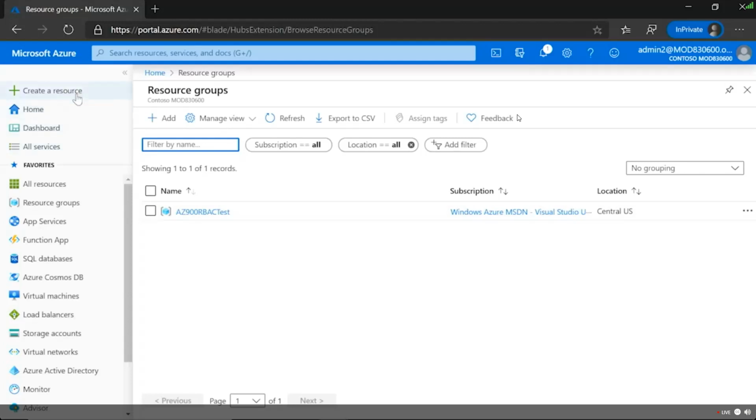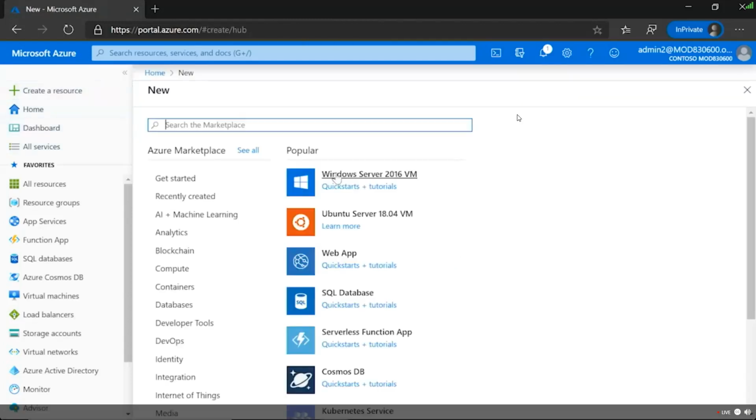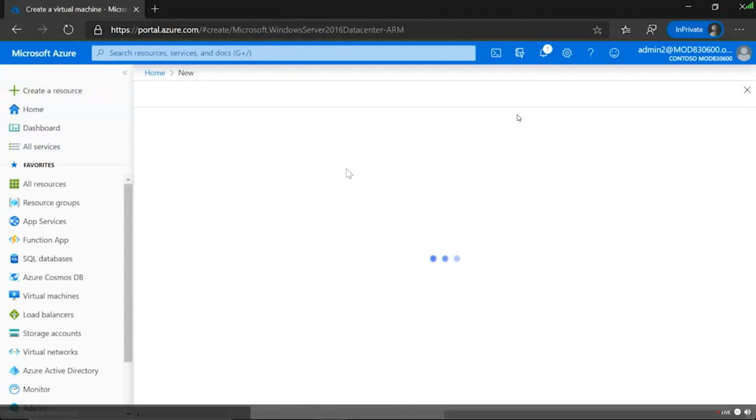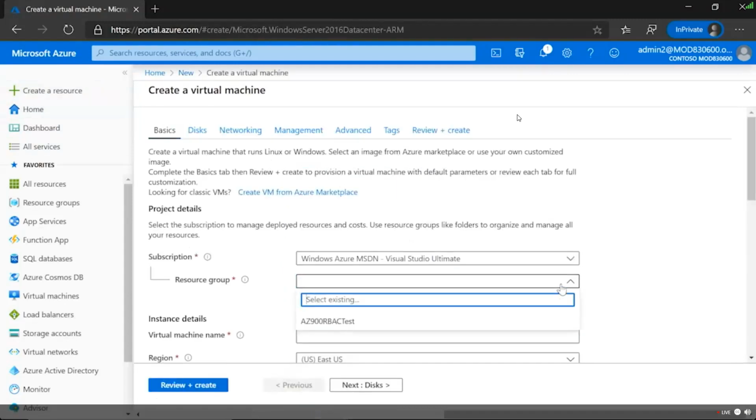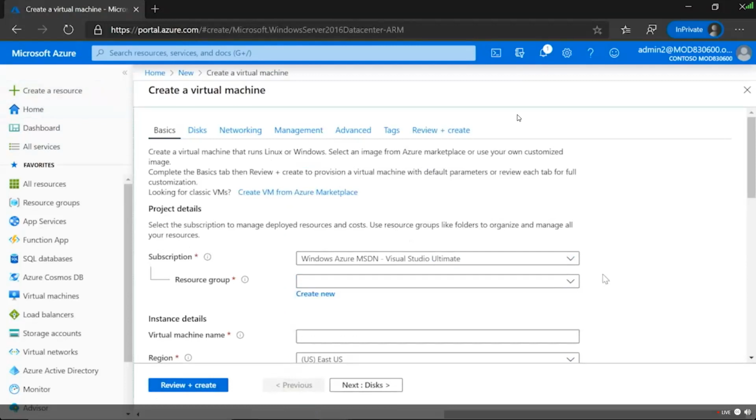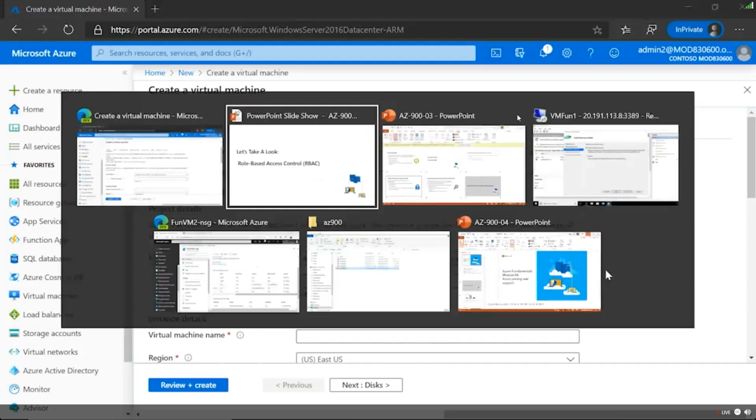Even if Admin 2 knows how to get around it by going to create a resource, choose the VM and say, I know there's more, even in the drop-down list, they only show the one resource group that is there. So that's what it looks like from a perspective of a user that has RBAC applied to them. Now, how do I change it? So let me switch over to my other browser, and I can actually show you how this works.